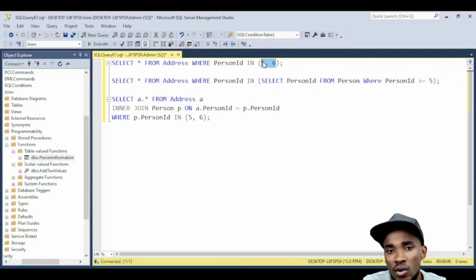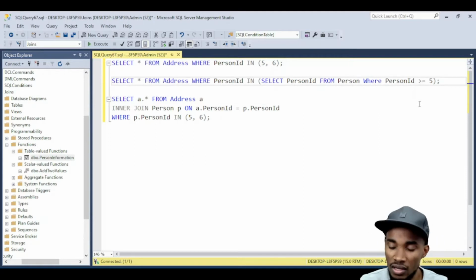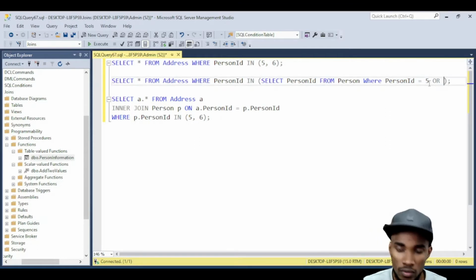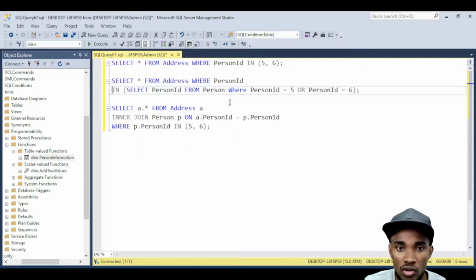Actually, let's make it exactly the same thing, where person ID equals 5 or person ID equals 6,